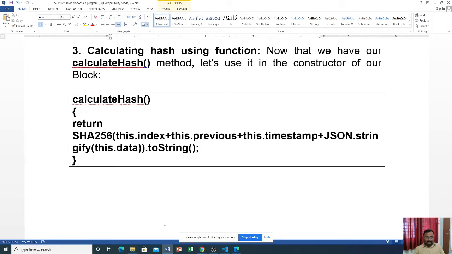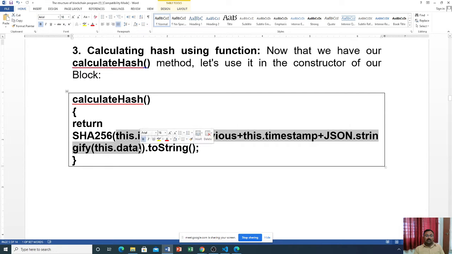This.index plus this.previousHash plus this.timestamp, and finally JSON.stringify(this.data). This function can return one string.